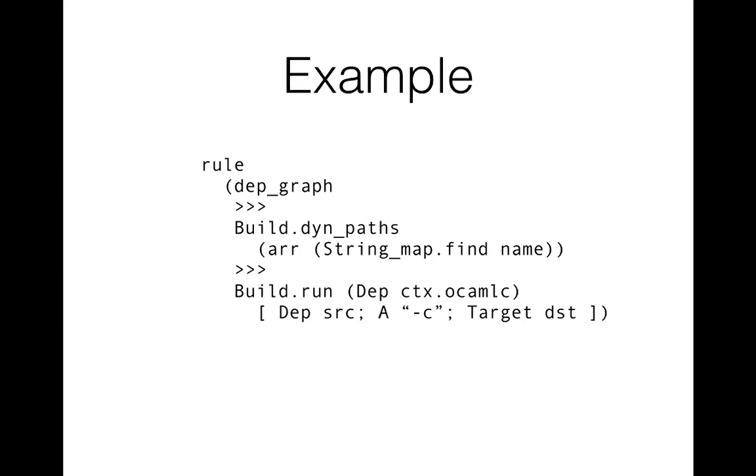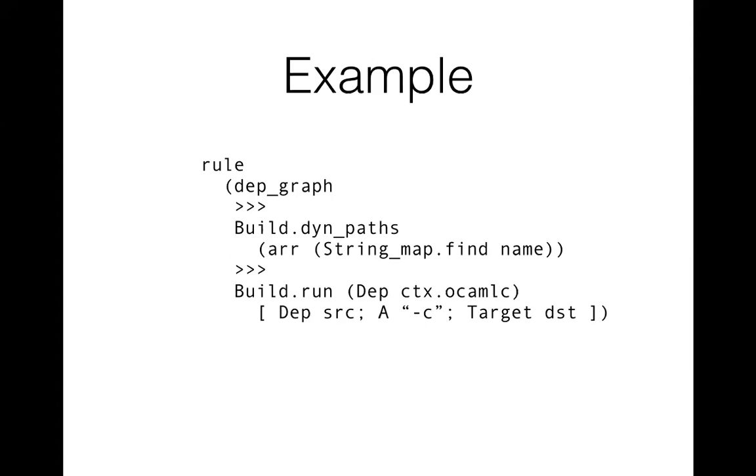Build a map from module names to their dependencies. When I run this rule, if you don't know arrows, the way to think about it is that you have a computation, and you have a value that streams through the code. So here I have this dependency graph that streams through. I'm looking up my module in this,